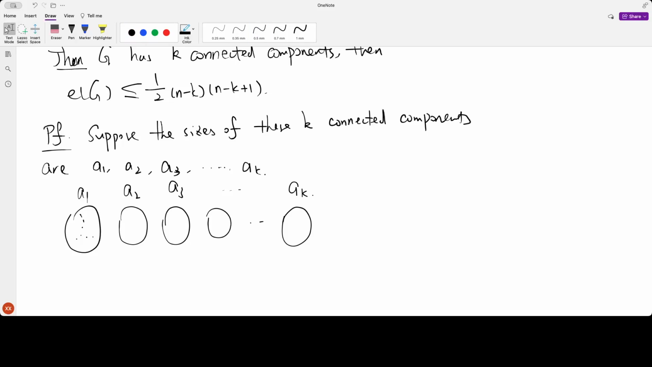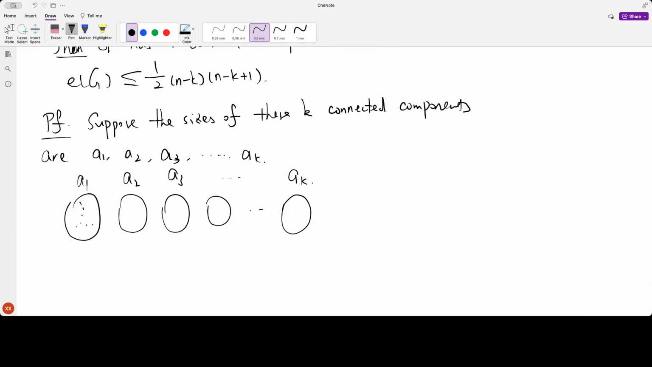Okay, if the graph has as many edges as possible, then at most you can make each part a complete graph. Do you understand what I'm saying? Does it make sense? Yes. So for example,